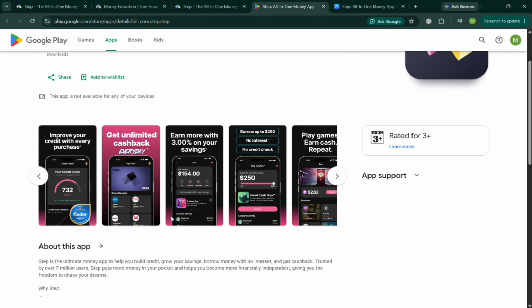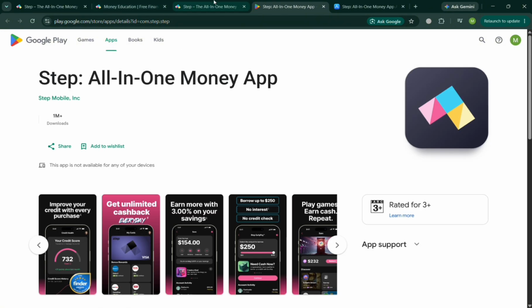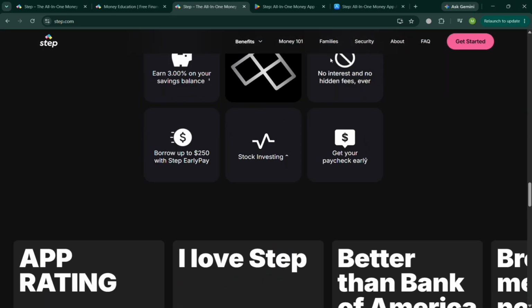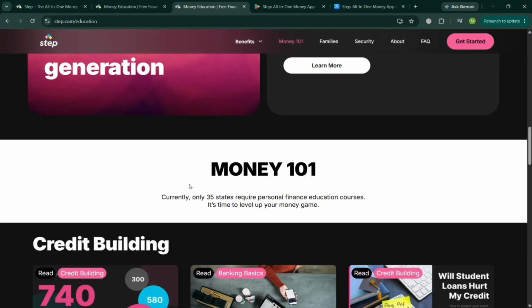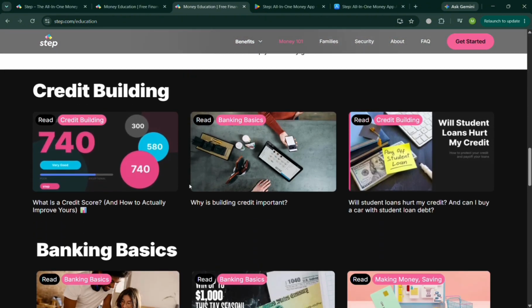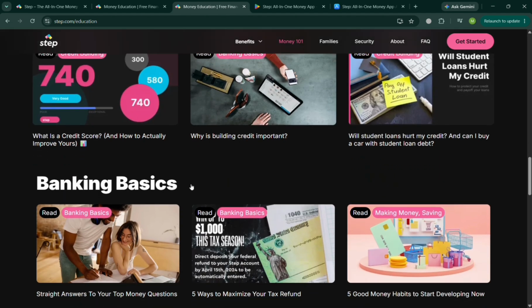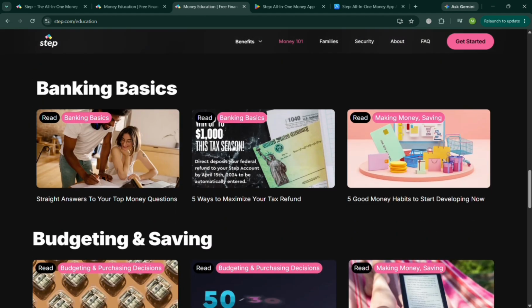And now aside from those, some of the features also offered by this app is the digital banking that provides users with a mobile banking experience where they can manage their money, check balances, and perform financial transactions directly from the app. And they also offer debit card, which offer a physical and virtual Step card that can be used